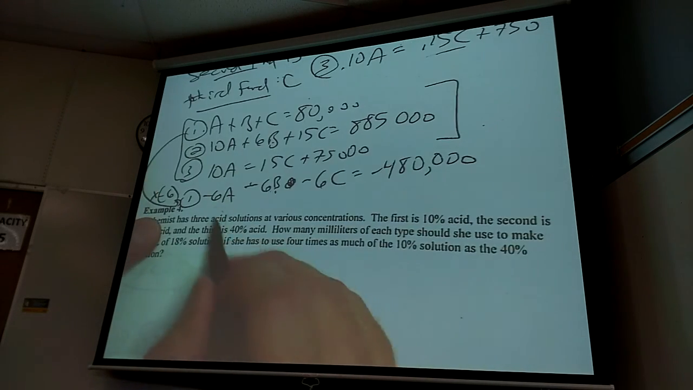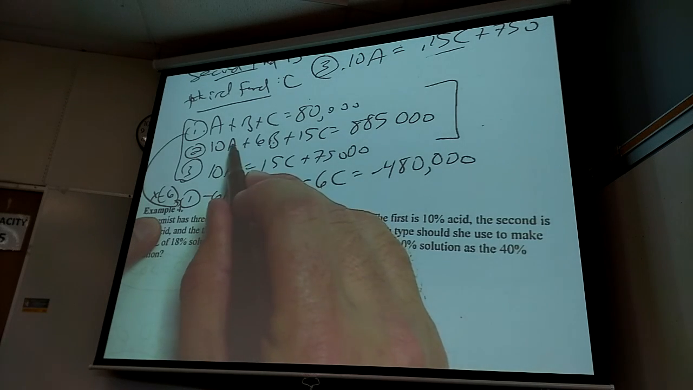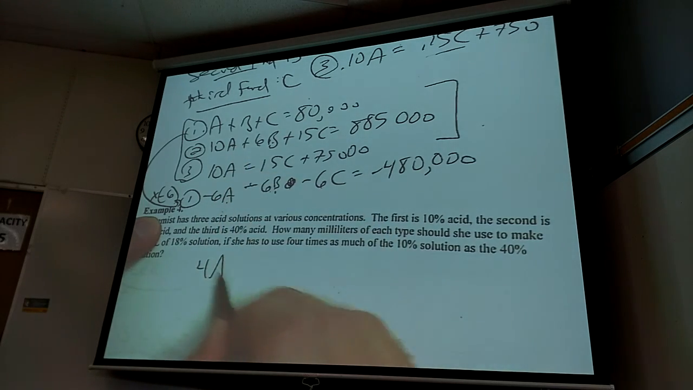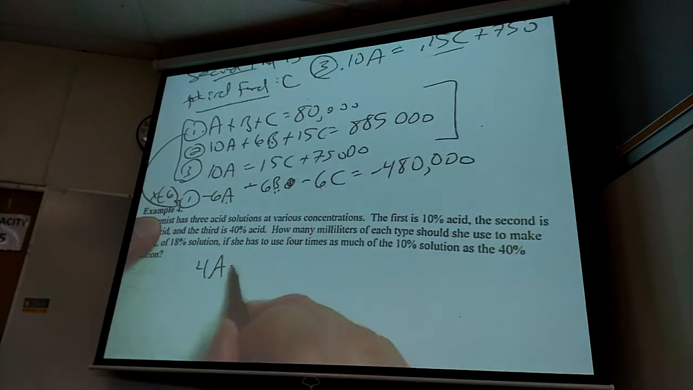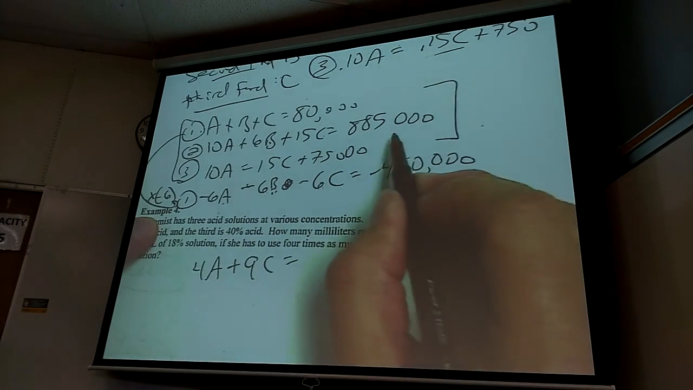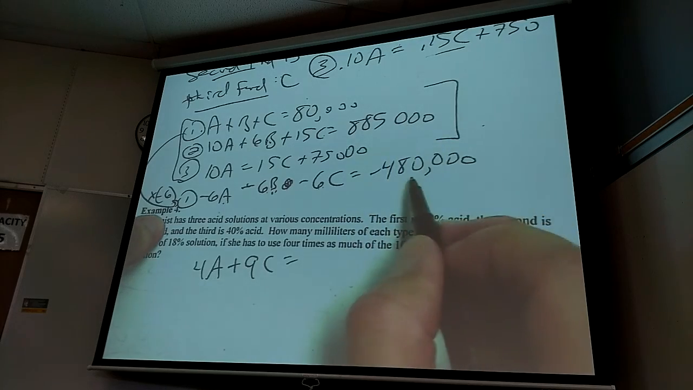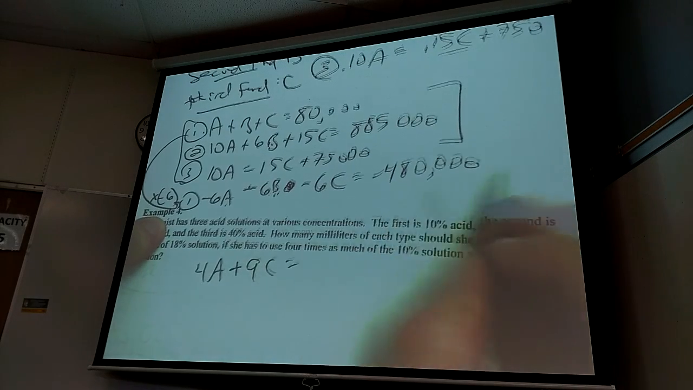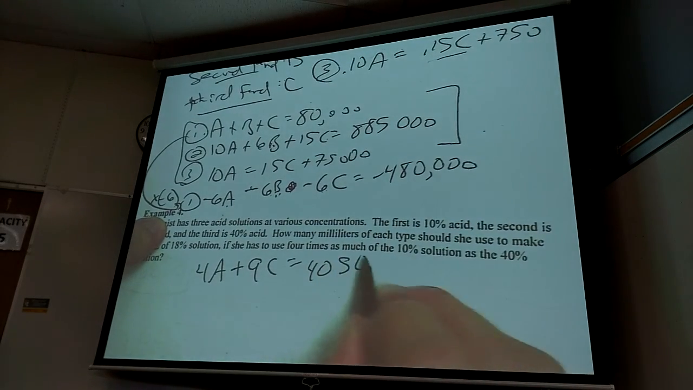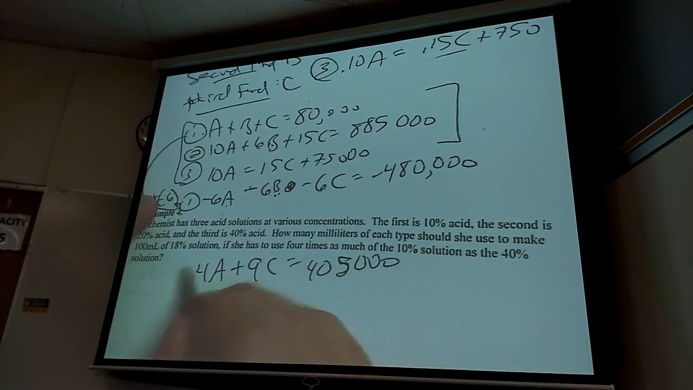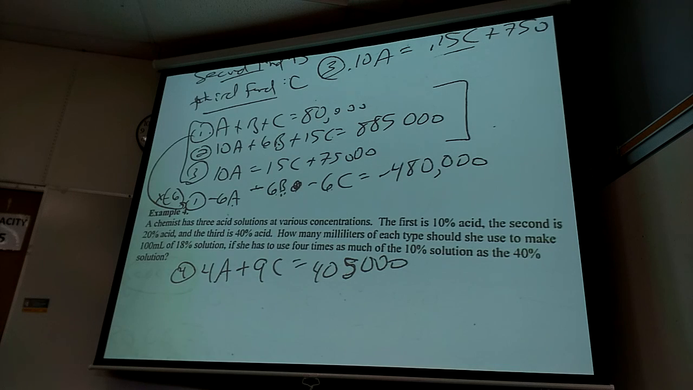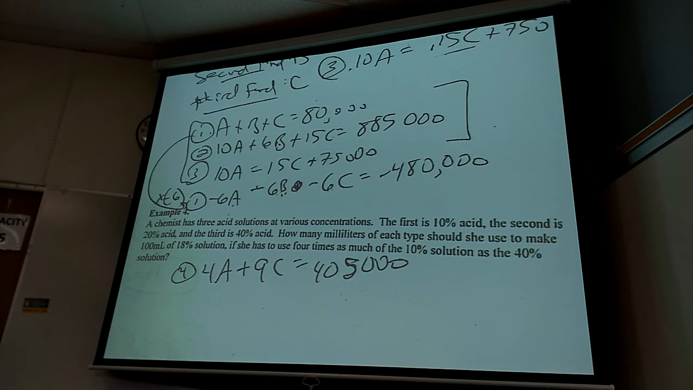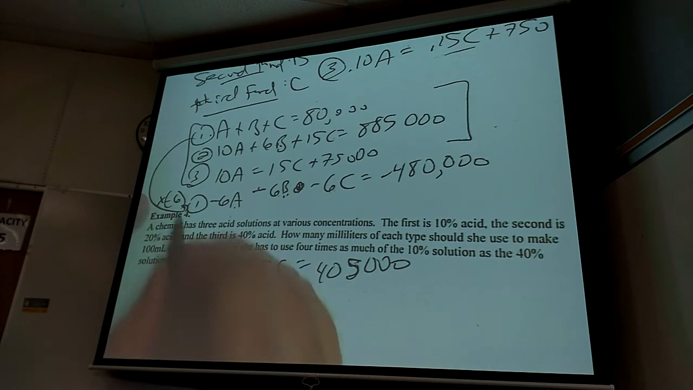So let me see, I'm going to run into this next problem. If I add these together, I get 4A. The B's die. 15 minus 6, 9. 885 minus 480 is 405,000. That's equation 4. Then I got equation 3,